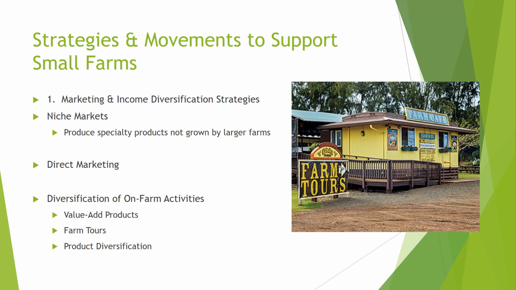Also, there could be a diversification of on-farm enterprises, such as Kahuku Farms, which is shown in the picture here on the slide. Rather than relying on one or a few crops or types of livestock to provide sole income, small farms may choose to diversify their production activities. So this could be enterprise diversification, so it provides income at more points throughout the year, rather than relying on just one harvest. This could also be product diversification. Right? So this just includes having different products instead of just one or two crops on the farm.